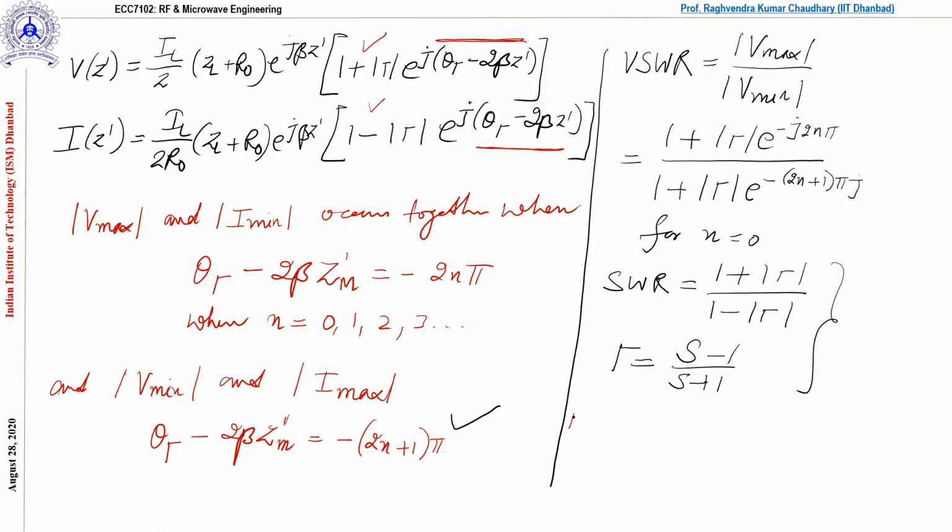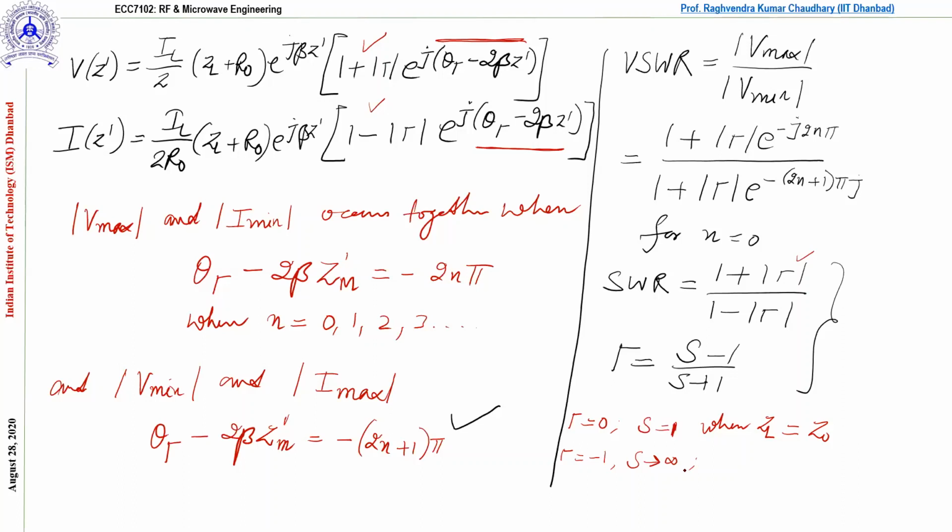For gamma equal to 0, the first case, if you put gamma equal to 0 here, what is the SWR? S is equal to 1. What is the explanation? This happens when you have the matched load condition, ZL equal to Z0. In the second case, we may expect that gamma is equal to minus 1. I'm just talking about the extreme values. So S will be tending to infinity.